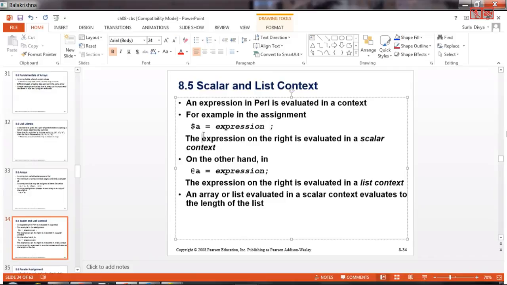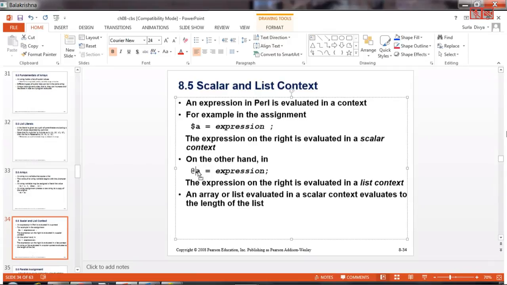Now $a is equal to some expression or some value. The expression on the right side is evaluated in a scalar context. Why? Because you are assigning this expression to a scalar variable, that is $a. Now the same expression, if you are assigning it instead to @a, what should it do? The expression on the right side is evaluated in a list context.